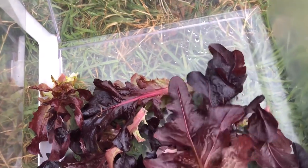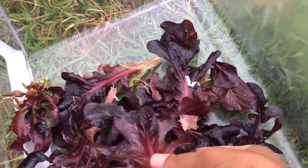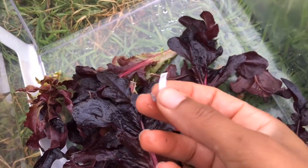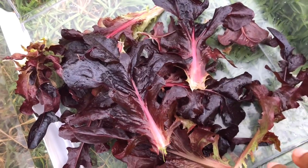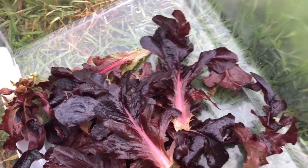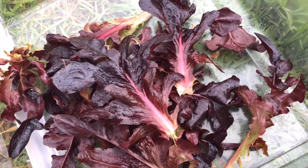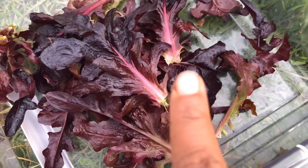You can see I'm just harvesting it as a cut and come again style. So I'm just pulling off the outer leaves. I'm getting a little bit of my newspaper mulch. So we do wash our salad mixes because we do have grass in our yard, and we do use the paper mulch. So we do rinse our salad mixes before we bag them, but it'll be a mix of this and the